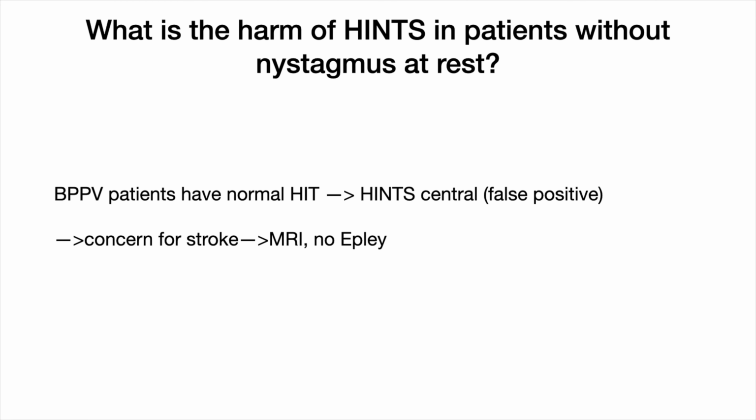So if patients with BPPV who have no nystagmus at rest but can often complain of mild baseline constant dizziness were put through the Grace 3 or Rosen's algorithm, they would have the HINTS exam applied to them. Their head impulse test would be normal, and guess what? That's an automatic HINTS central result, which would lead to unwarranted concern for stroke and unnecessary MRIs, instead of the Epley maneuver,